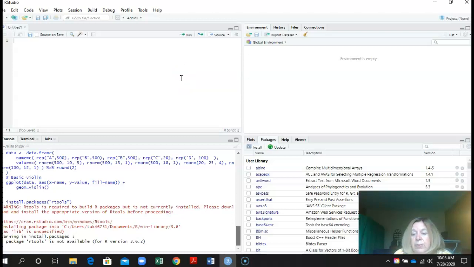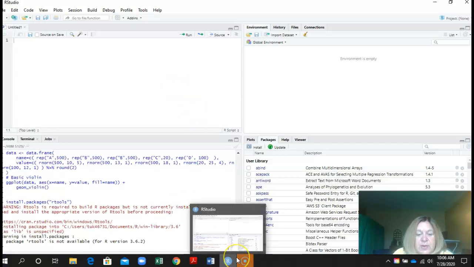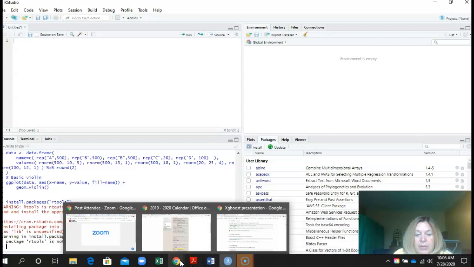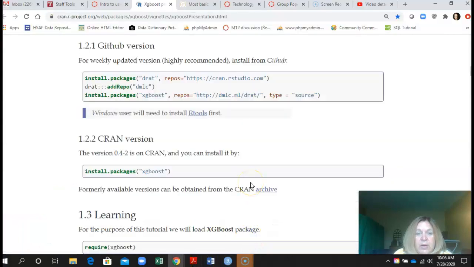What I would do when you go through these, because we're all going to be using different versions, depending on whether or not we installed it in HIM 5113, not everybody took the database course at the same time, is I would walk through this. If you get errors, try to troubleshoot them. If you exhaust all means, reach out to me, and then we'll work together to figure out what's going on. So I'm going to come back in here, and I'm going to go to the tutorial, and so there's some other packages here